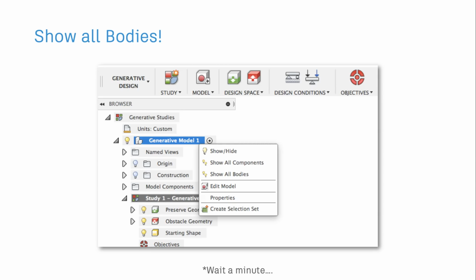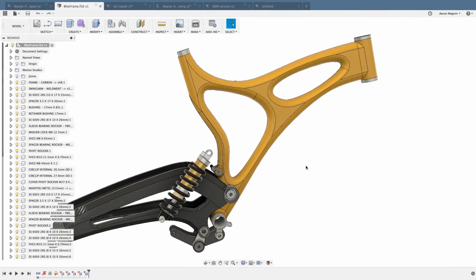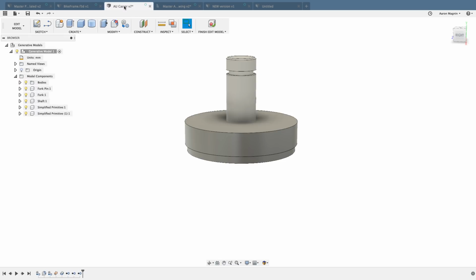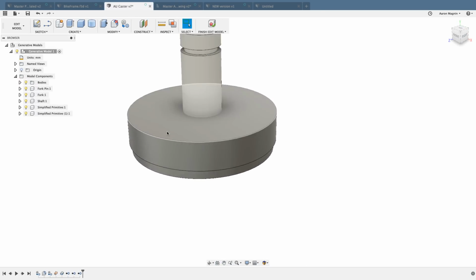This is actually going to be in your normal design situations as well. But let me show you how to access both of these options, both from the generative standpoint as well as in your normal modeling situation as well. So let's go into this caster that I used in a previous example to show you how to work with